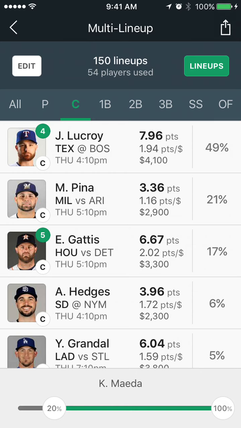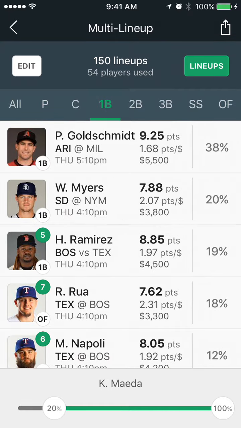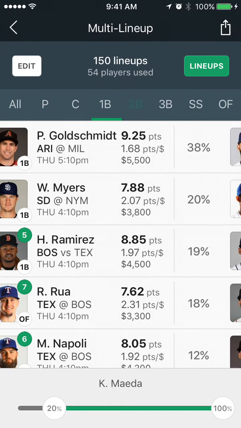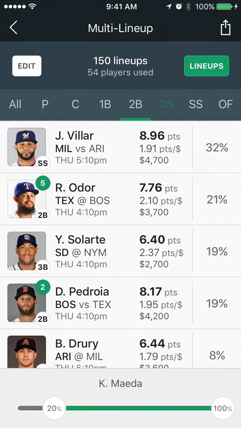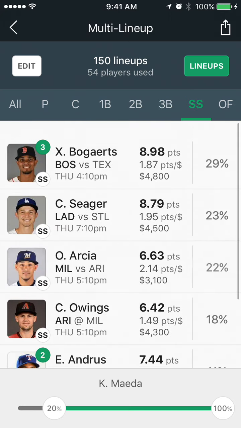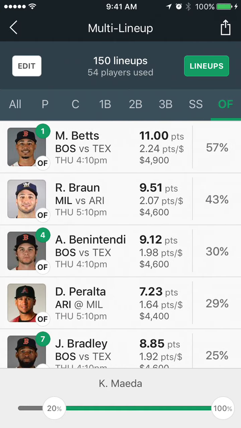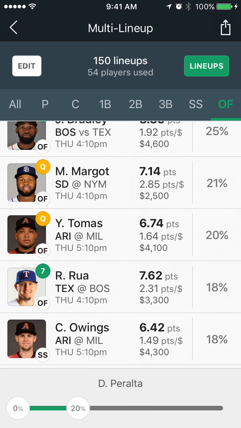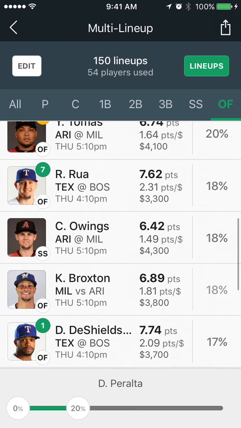So what I'm going to do here is I can just look through my lineups and notice that Goldschmidt, Lucroy, VR, Odor, a lot of the star players are showing up in a lot of lineups, and I'm pretty happy with this mix. And again, if you don't want a lot of Braun, or if you want more, if you wanted 50% Braun, you can edit that slider. And if you didn't want that much Peralta, you can move him down. So this is a really convenient way. It's an iterative process where you can keep looking at the lineups you're getting and make sure you're getting the